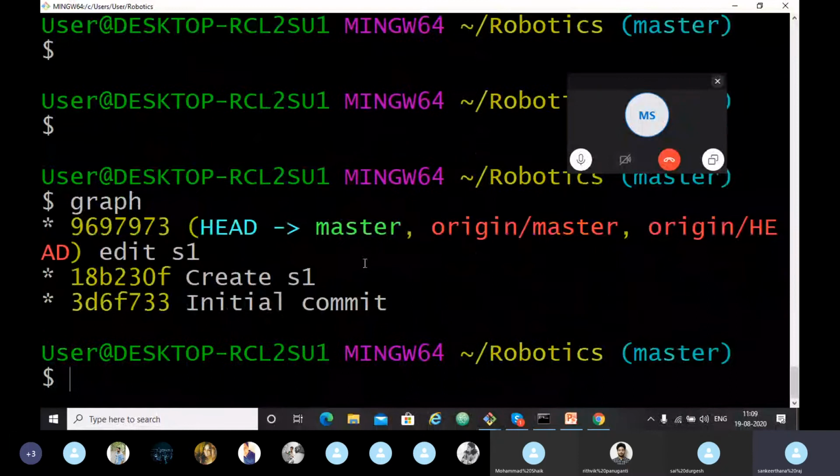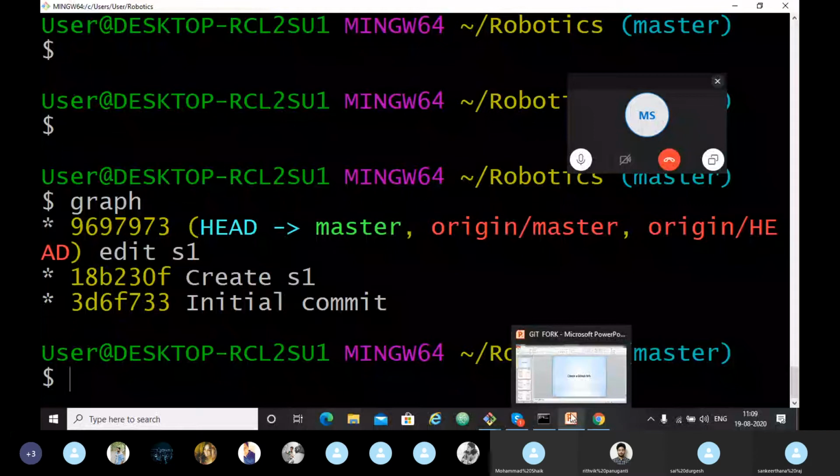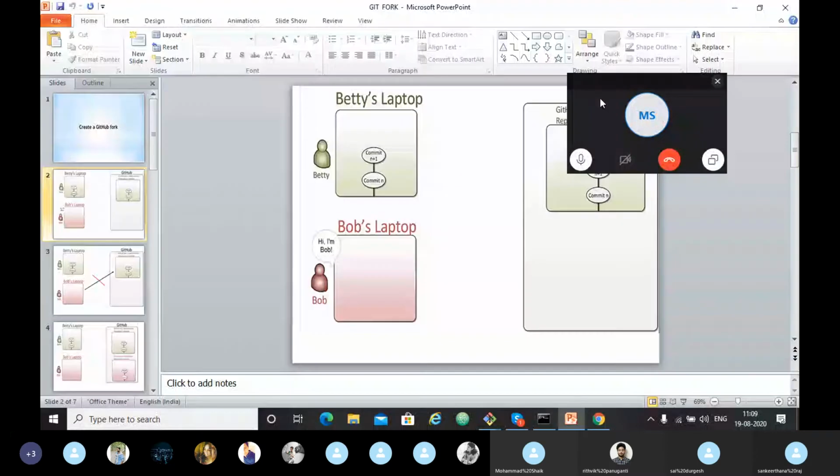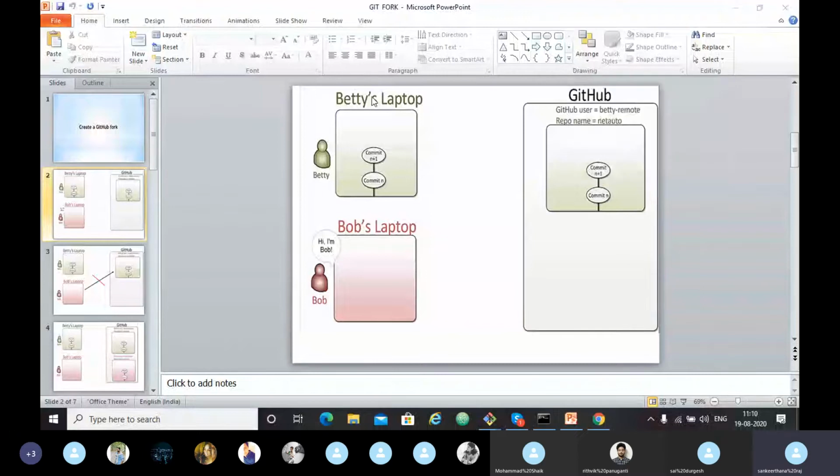So let's see the GitHub fork concept. For that we need to see the PPT. Let's say this is my computer. Bob is my friend who wants to work on my repository in my GitHub account.